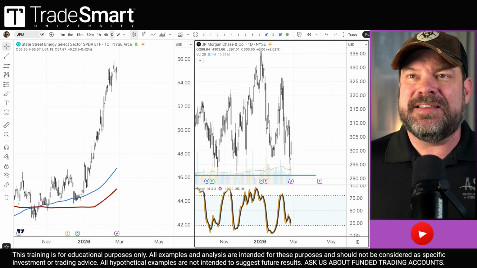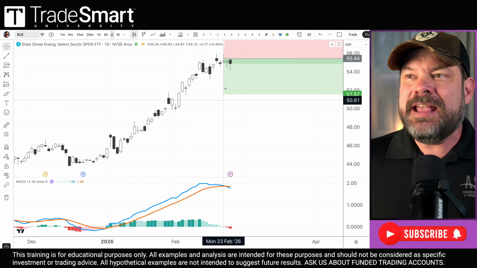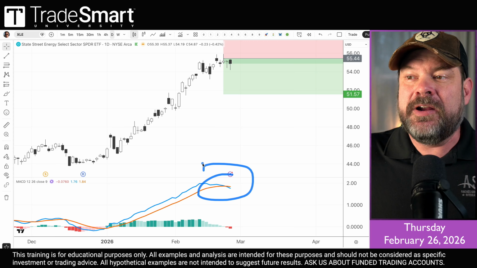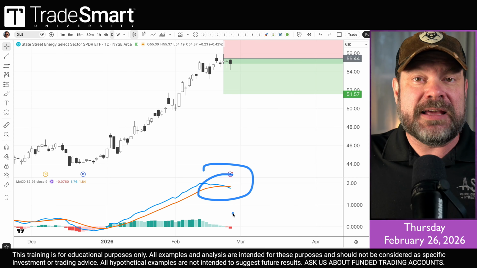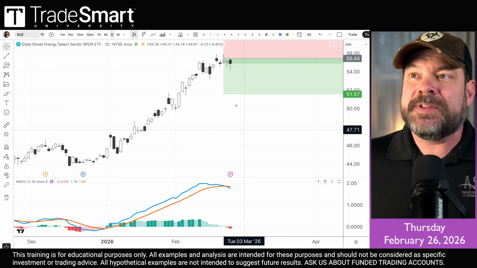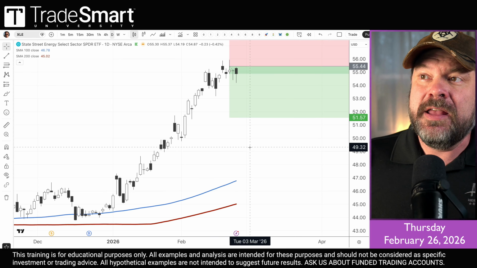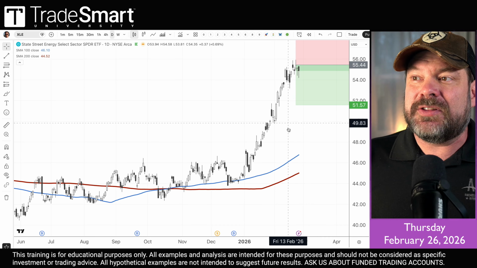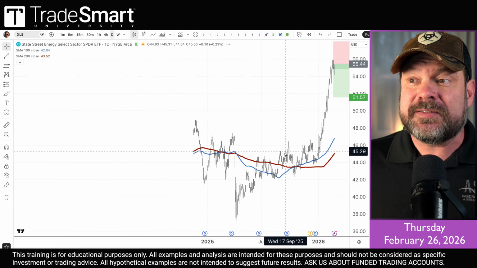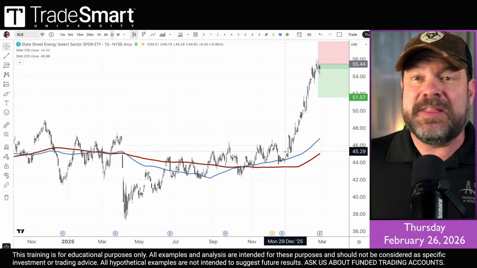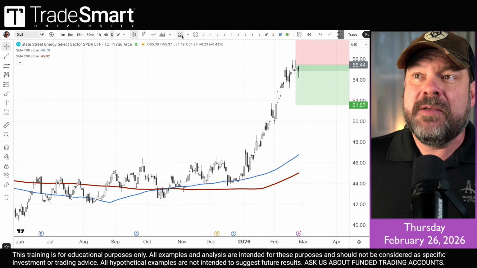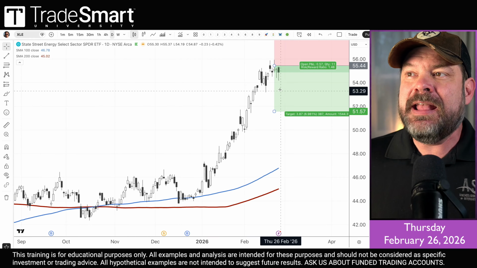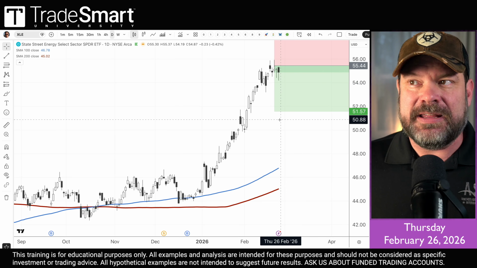So let's go back and look at these individually. We'll update on XLE. If you're not in this trade, I think you still have an opportunity to get in this trade. We were looking at MACD earlier. There's a bearish MACD cross, the blue line crossing down over the signal line. That would be a bearish setup. Also, we looked on Tuesday at the moving averages and we said the energy sector is the furthest it's been in a long time, maybe ever, away from the 100 period moving average. And you could put the distance from moving average indicator on, go back and look at Tuesday's forecast to get an update on that.